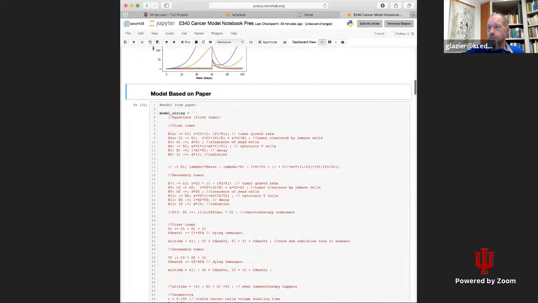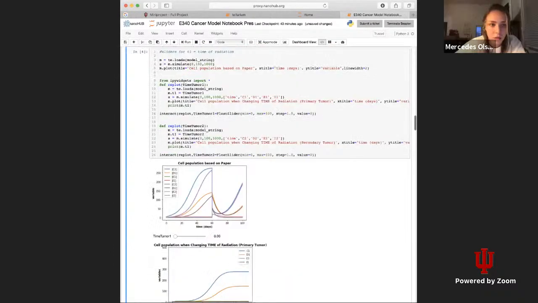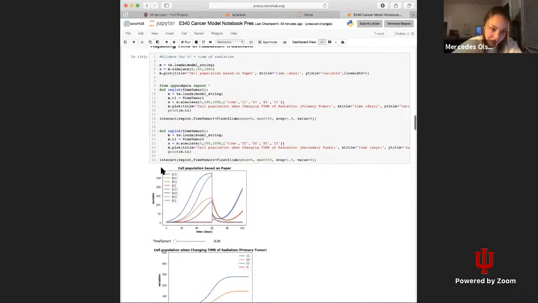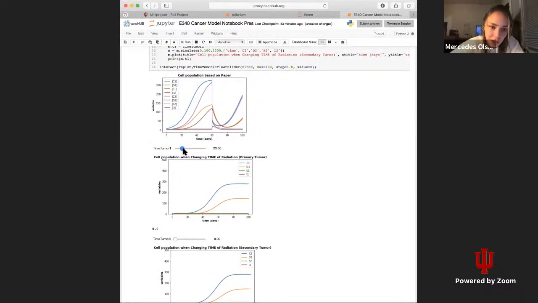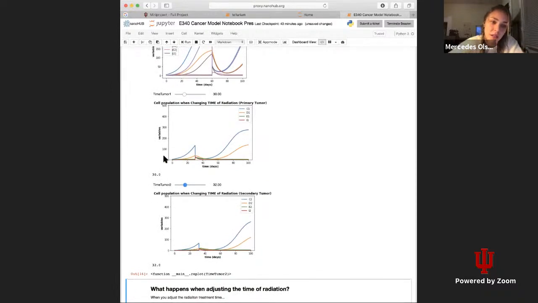Going over it again. Back to adjusting the time of the radiation. So let's see if it goes ahead and works this time. Yeah, so if you change it to 30 and 30, sometimes it's hard to get it right on top of it, but basically you can see that there's really just not enough time for the cancer cell to even produce. So you hit the radiation, but then it just comes right back. In the second tumor, you see it just a little bit lower, just because it's a little bit smaller tumor. And then if you were to increase it to greater than the 60 days,